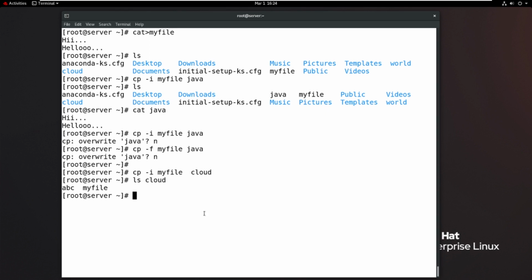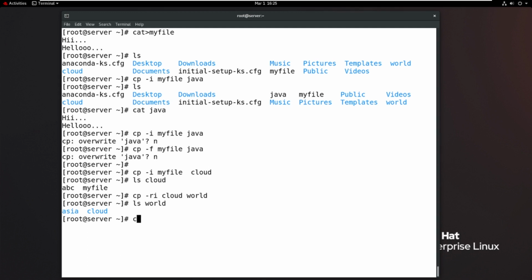In case you want to copy directory to directory, then only -i is not enough, you must write R. If you want to remove directories or copy directories, you must use the R option. Okay, I want to copy the cloud directory to the world directory. World is already a directory, and cloud is also a directory. So now I am trying to copy directory to directory. Type ls space world. Now it is successfully copied. AC already exists, and now cloud has been copied.